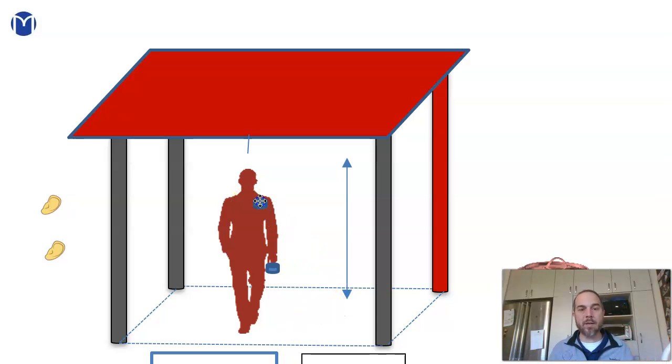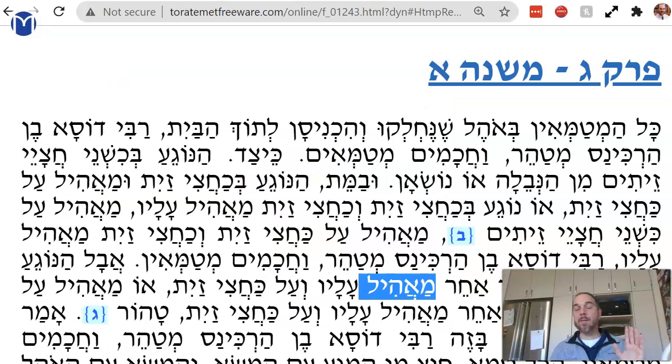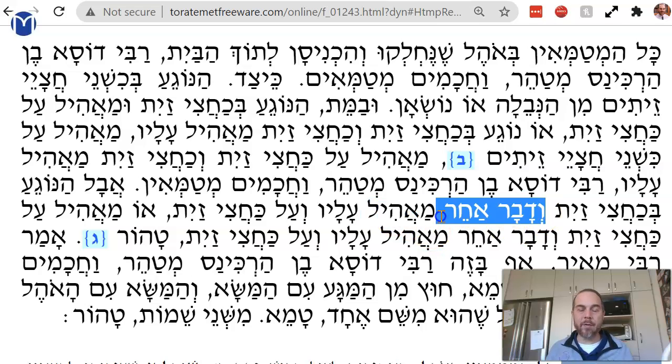Big chiddush, because according to this explanation, if there's no tefach between them, that's equal to maga. That's equal to touching. That's a huge, huge chiddush, and it's not obvious, and there's a huge machloket about it. We're not going to get into it. This is Mishnah Yomit, we're not doing Oholot b'iyun. But just understand, that's a huge machloket, and there's another way of understanding the Mishnah, that you would consider two different types of ohel. Ma'ahil alav, and in the simple explanation of the Mishnah, remember, the second case is davar acher. There's a third thing.